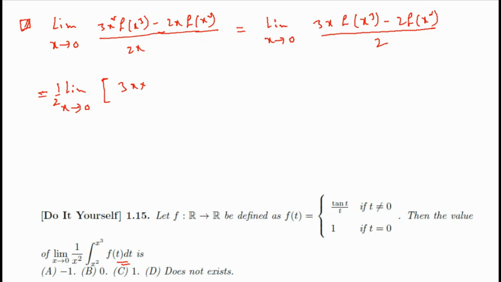Here x tends to 0, that means x not equal to 0, so we will use tan t by t. Here tan cube x by x cube minus 2 tan square x by x square, and this part is 0